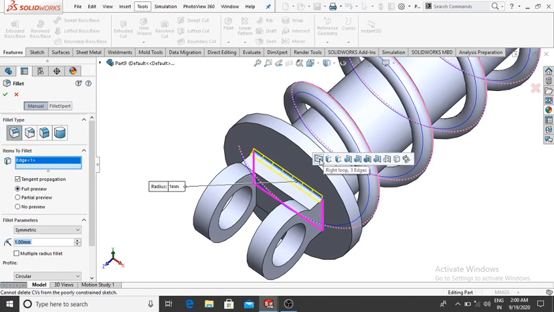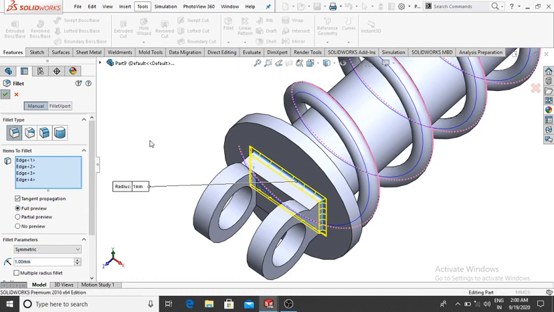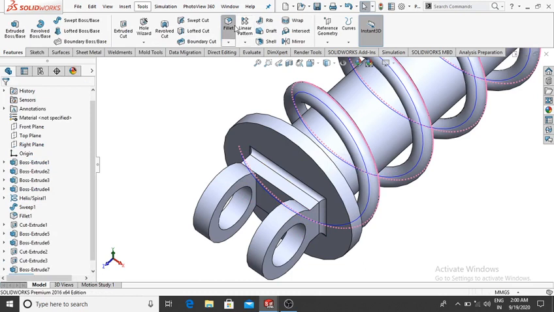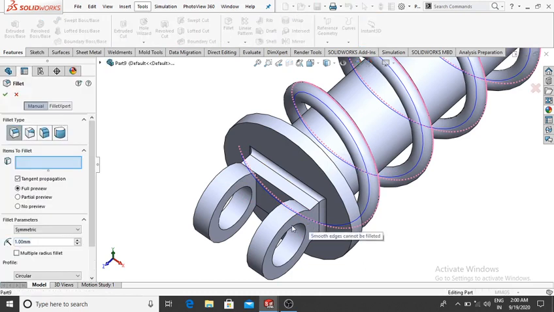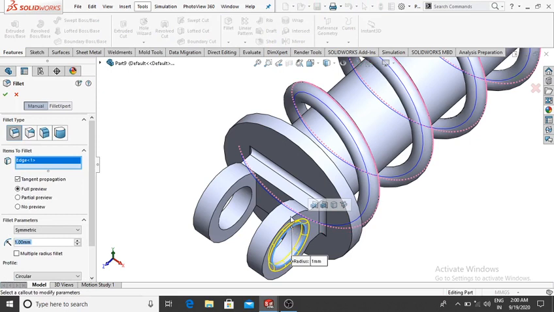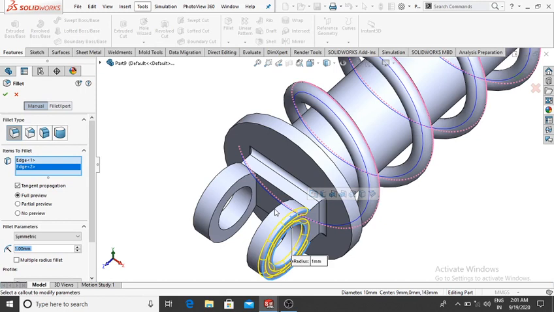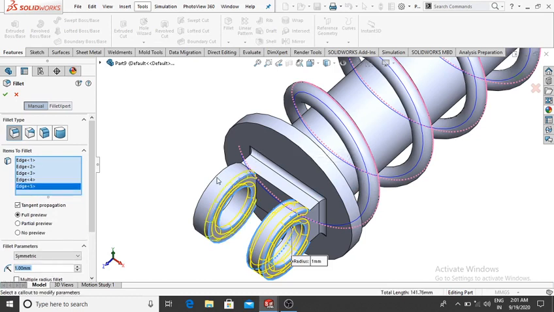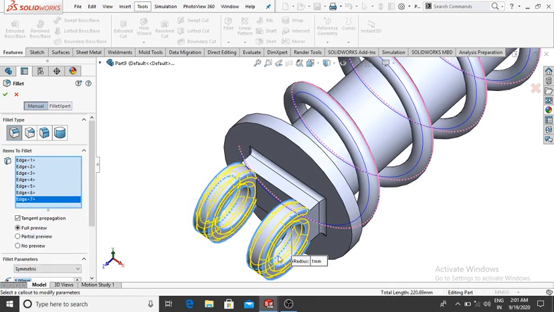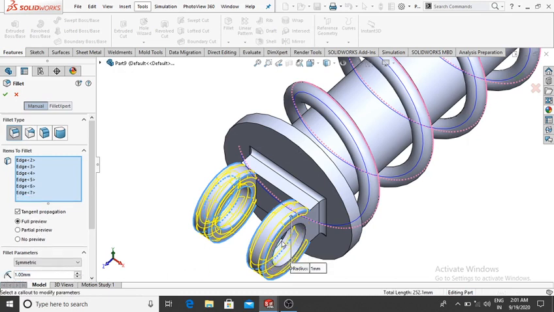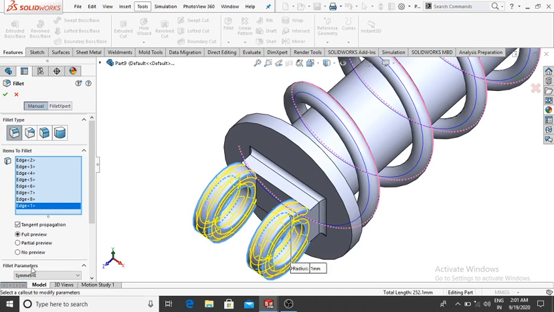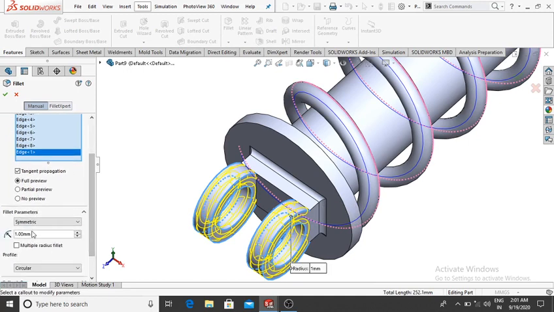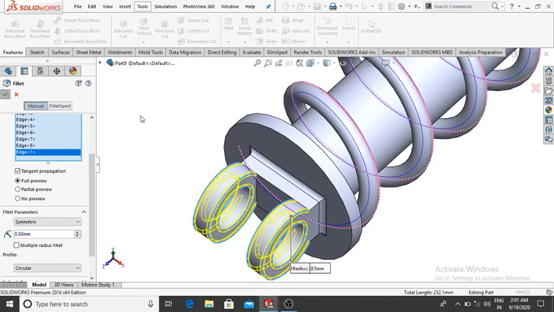select here, select this one, and make the fillet 0.5 mm, then okay.